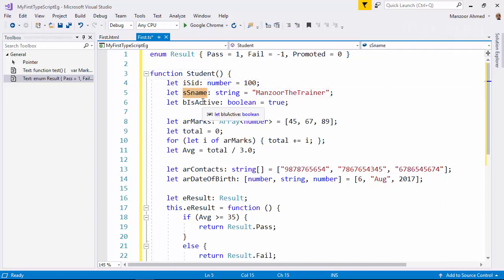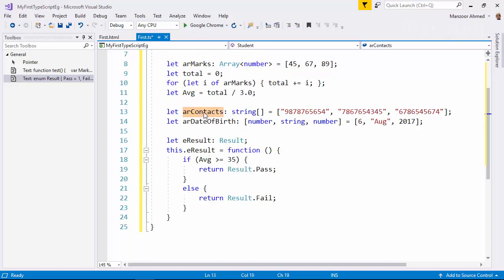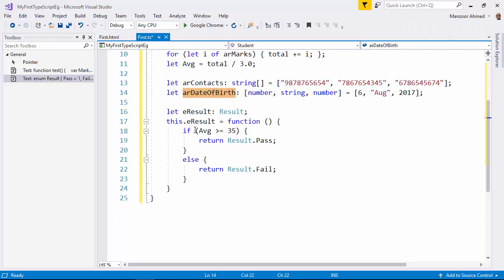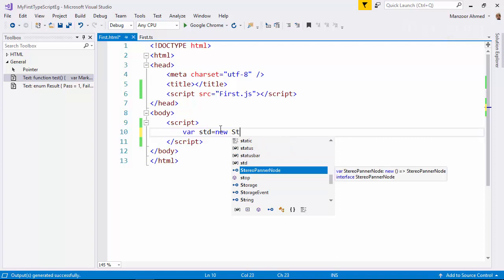SID, sname, isActive, then array total, I'm doing the total here, calculating the average, array of contact, array of date of birth, result, and all these things. So here I need to create a variable where std equals new student,